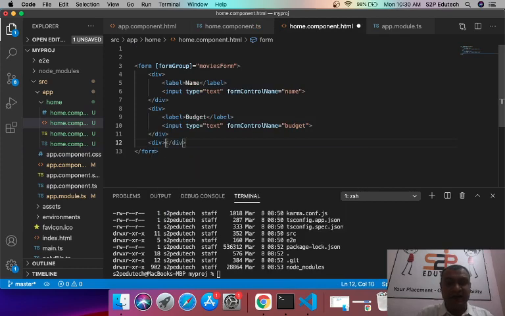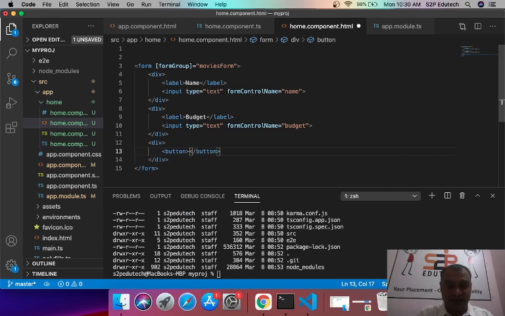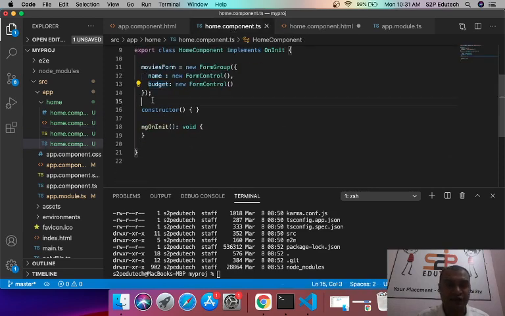Next I am creating again a div. Inside this div I am creating a button, and I would say submit, and I would use an event called as ng submit, and on ng submit I would call some function. I would say save movie, and this save movie, what is it? It is simply a function. So what I would do is I would create a function save movie,